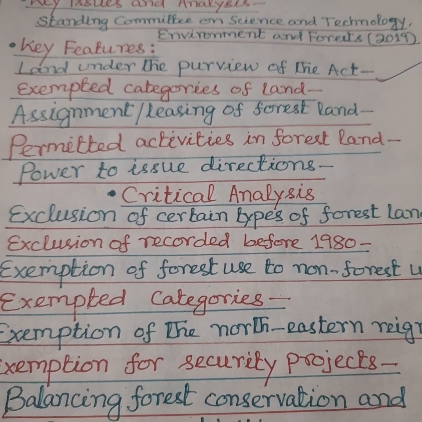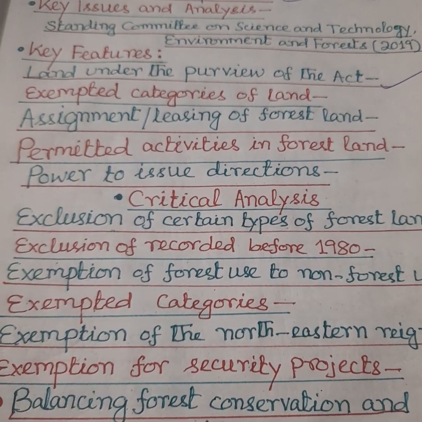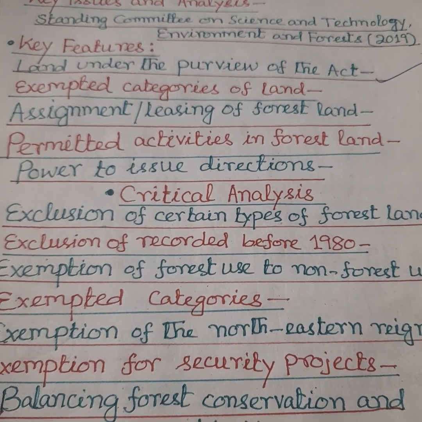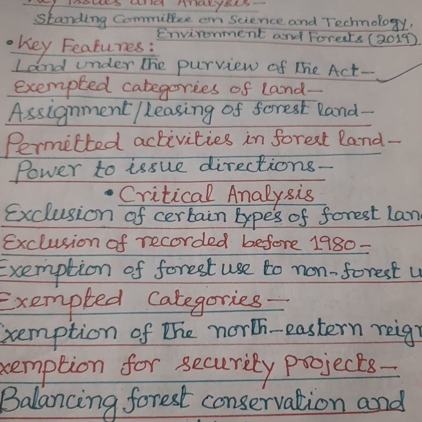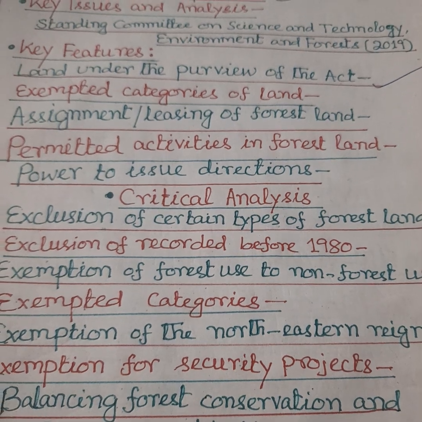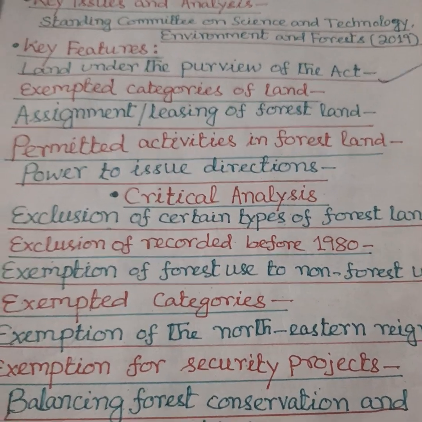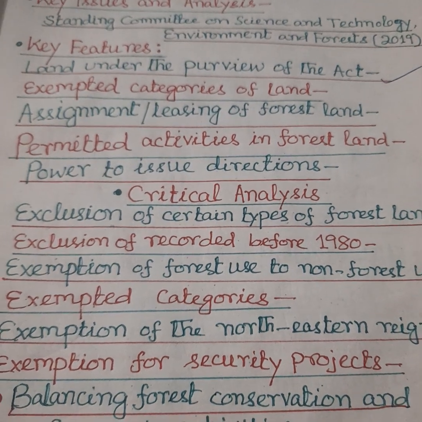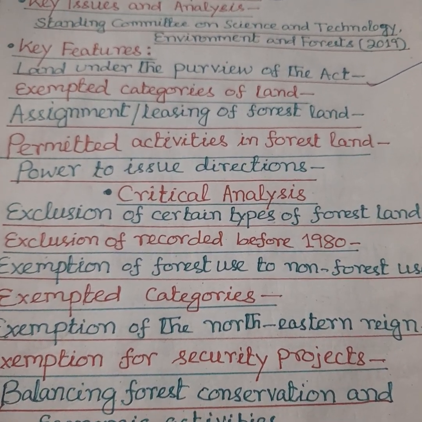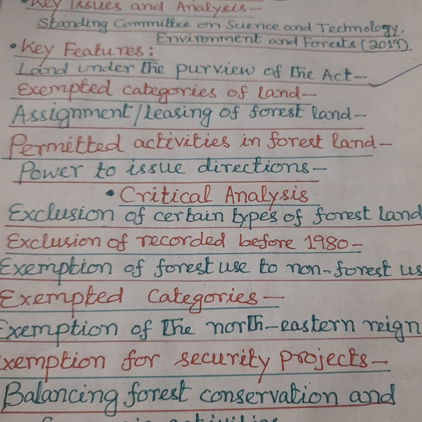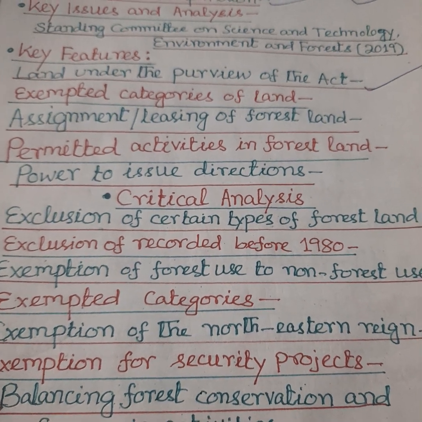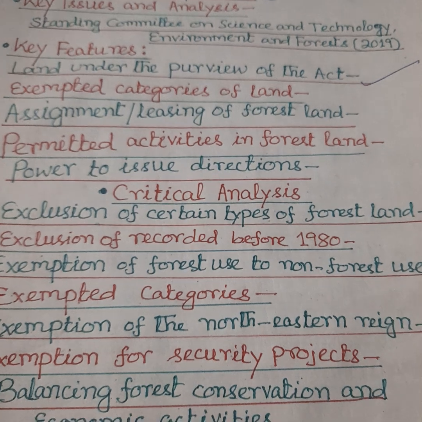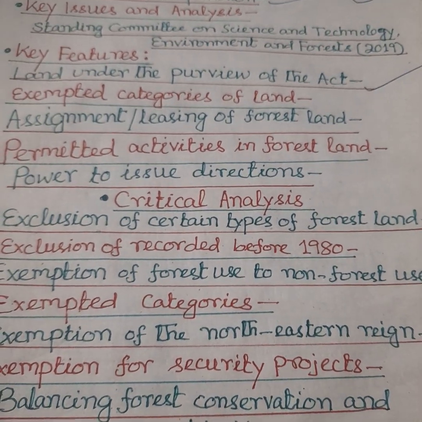And also, those lands exempted from the purview of the Forest Conservation Act, as per the 2023 Act's provisions, include forest land along a rail line or a public road maintained by the government providing access to a habitation or to rail and roadside amenities, up to